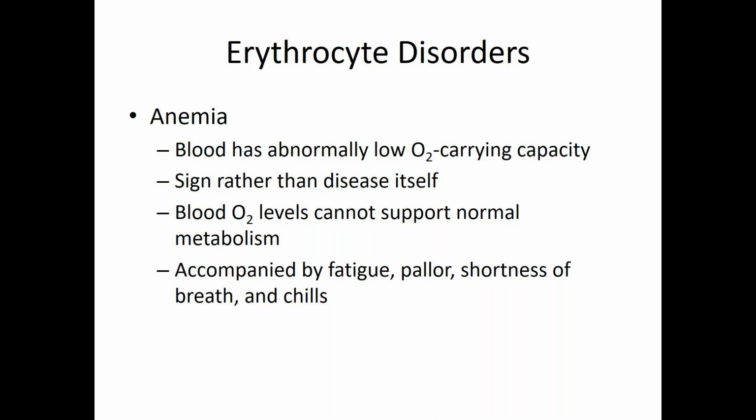Probably the one that you are most familiar with as an idea are the anemias, like diabetes or any number of other disorders we'll talk about. It's not one thing, it's a lot of different sorts of pathologies that all get at the same basic problem. So again, an anemia is more of a symptom rather than a disease, I guess is the best way to think about it. And with anemia, basically all this means is that your blood has a problem. It doesn't do a very good job at delivering oxygen to your tissues.